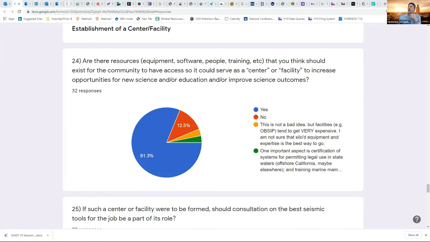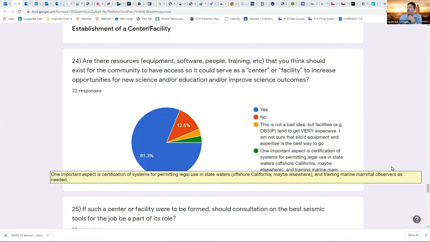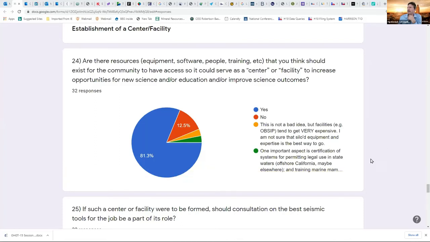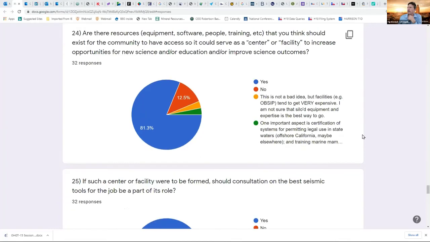Yes. Okay. So what you'll see here is that blue is generally support for this concept, and there's a lot of blue in these responses. This first one was about, do you think there should be a pool of community resources? And this is a large number, 80%, which tells me that a lot of the people that have the equipment are answering yes to that, which is a good sign. That means they know enough about their own equipment that they'd be willing to put it into a pool. It does present some challenges, as has been noted, and then we just talked about permitting, which was one of the responses.